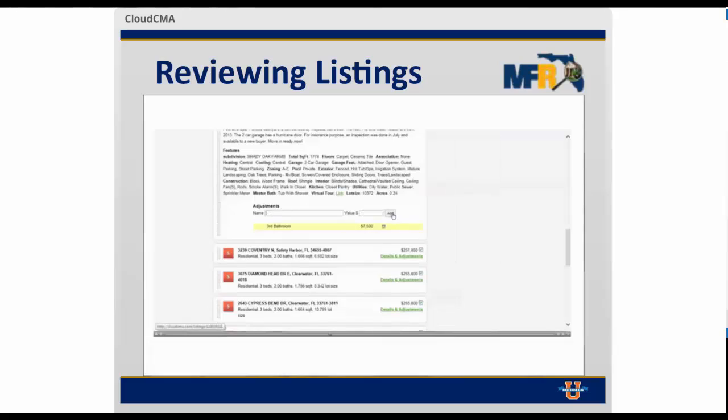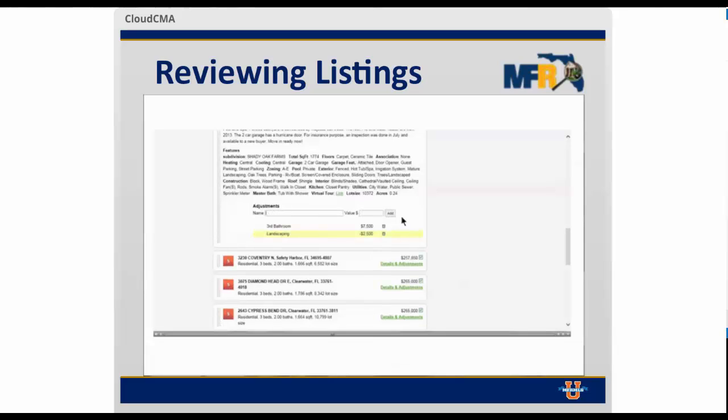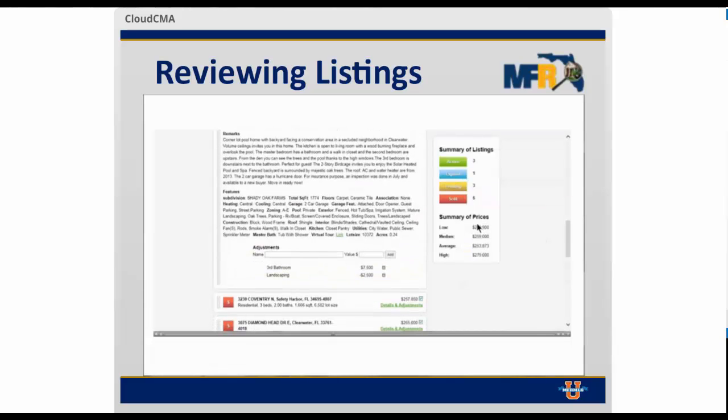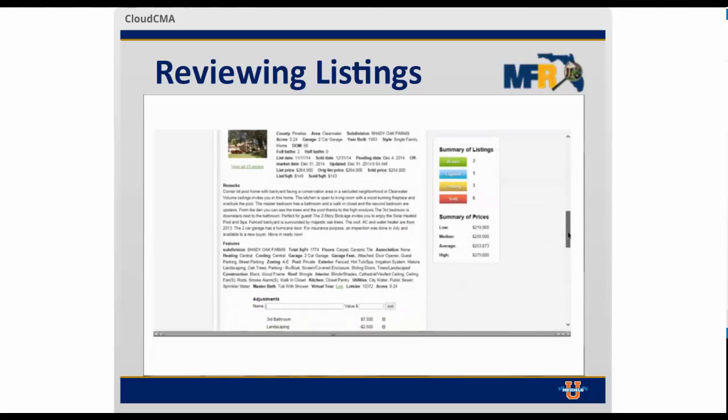Add. At the same time, though, let's pretend, oh, wait, you know what? This comp has, I don't know, some feature the subject does not have. The comp's better in some way. So we'll type in that value. Let's pretend it's landscaping. And in this case, since our comp's better, we're going to subtract value, and let's just pretend that we're going to subtract 2,500, minus 2,500. And notice, too, that when I do this, all of my stats automatically adjust for me as soon as I